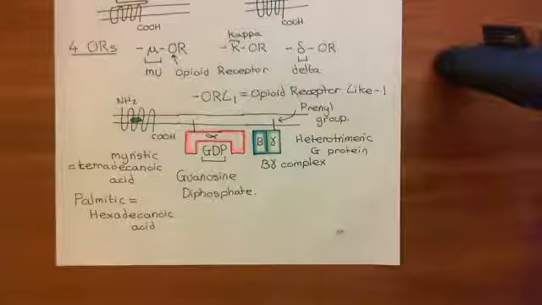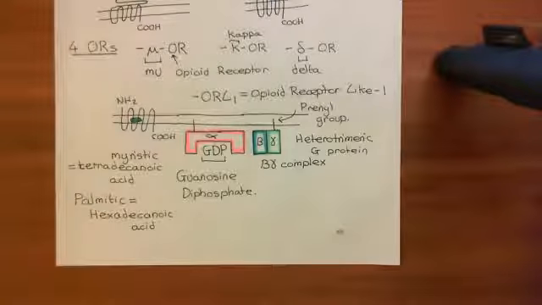Okay, so welcome back to this next video in which we are discussing opioid receptors. We've talked about the four different types of opioid receptors now: the mu opioid receptor, the kappa opioid receptor, the delta opioid receptor, and also the opioid receptor like 1, the ORL1. Basically, we've discussed that all four of these are rhodopsin family G protein coupled receptors, which means